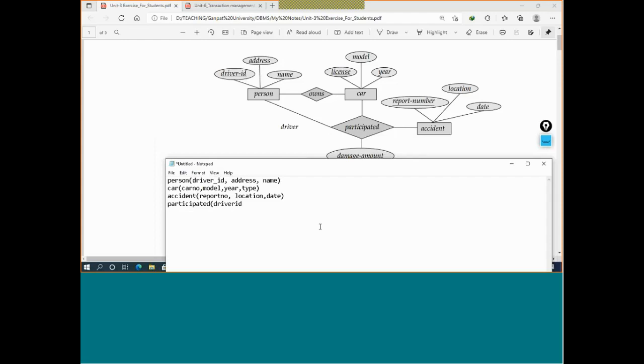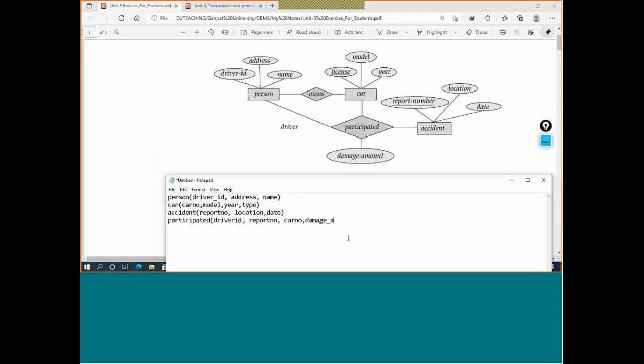Second is report number, because it's a ternary relationship, so you have to take the primary key of all the entity sets, right? So driver ID, report number and car number I will take. Okay, and extra attribute damage amount यहाँ पे दिया गया है. Damage amount belongs to the relationship set attribute. Okay, descriptive attribute. So I will add it here.